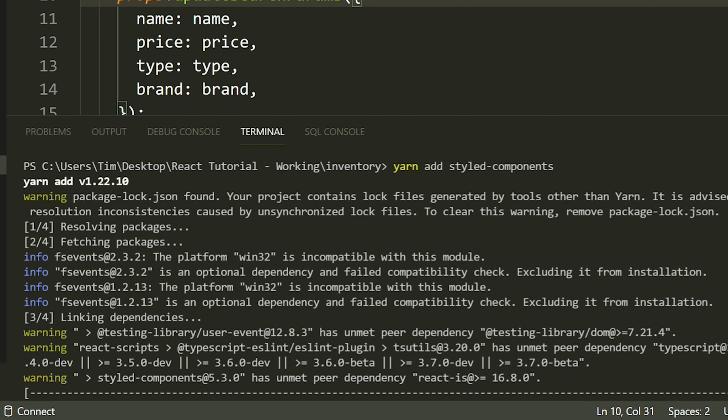This is going to take a second. It should install this for you. Now, if this doesn't work, don't worry. Once this is done, I'll be right back and I'll show you an additional way that you can install this because I know some of you guys were saying that your yarn command was not working.